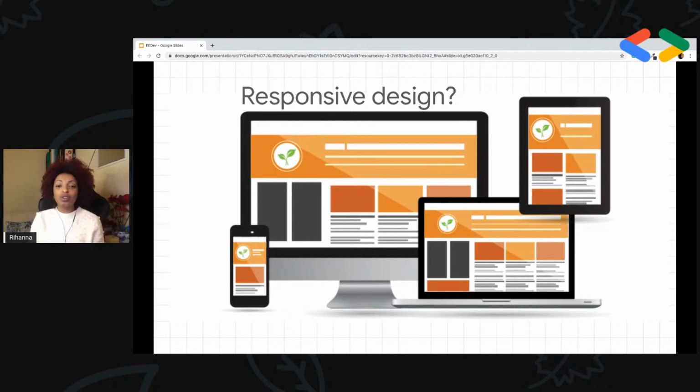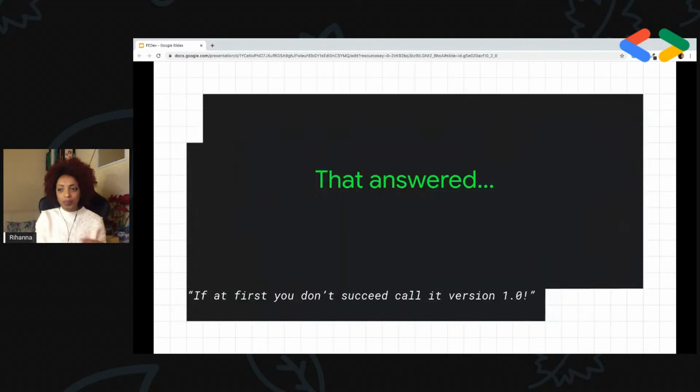Especially nowadays, most websites, web applications, and web pages are seen mostly on mobile rather than on desktop. So does it look good on every kind of device and screen size? That's the next question to ask.